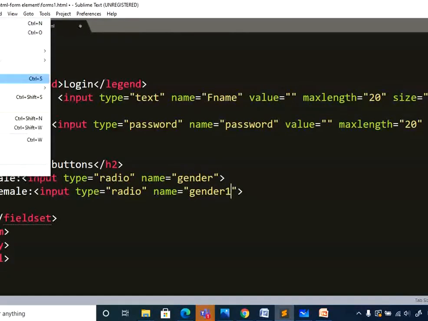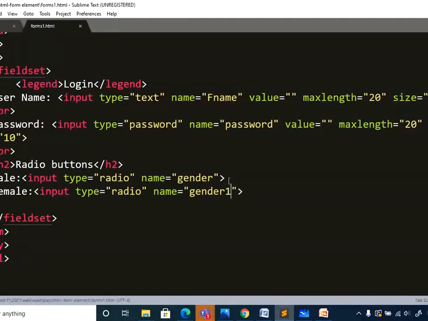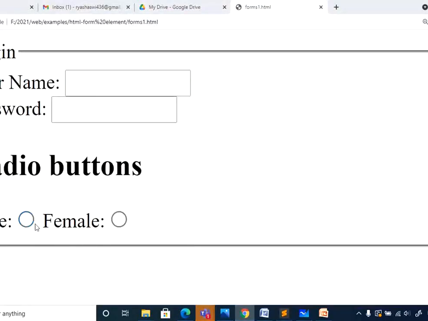Check it. I have given gender and gender1 here. Save it and run. It is selecting both. A radio button is mainly used for choosing any one option, one selection. If you give different names, both will get selected.